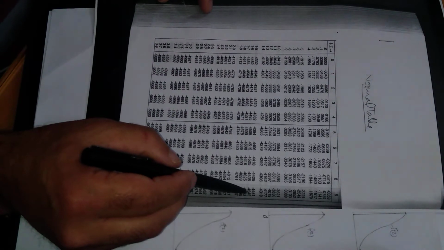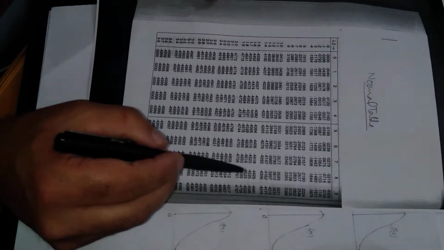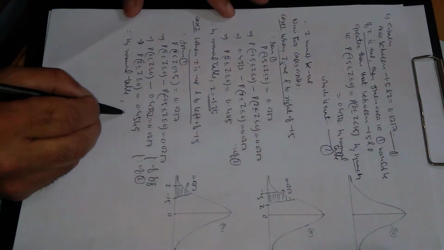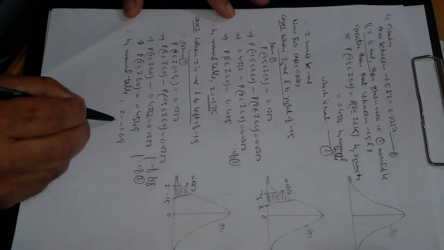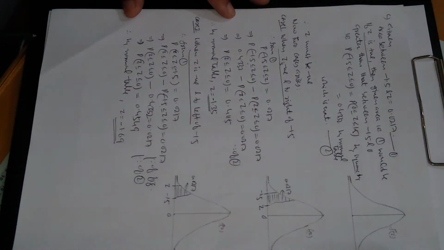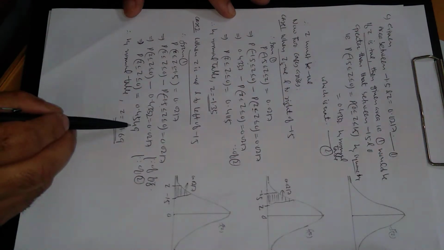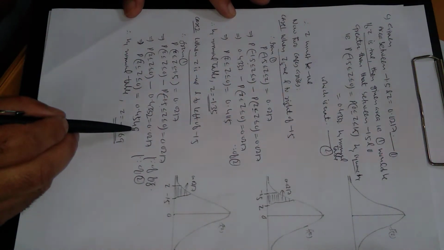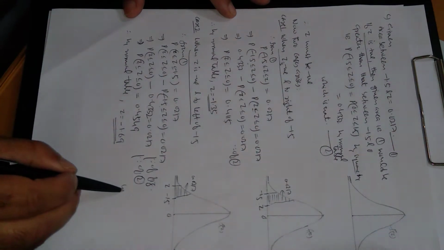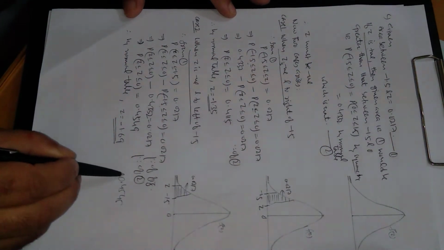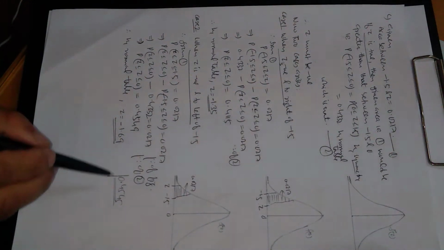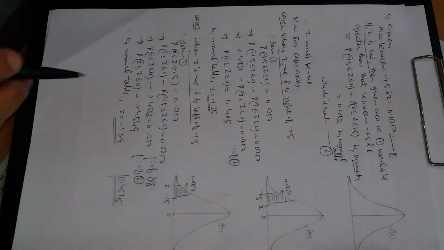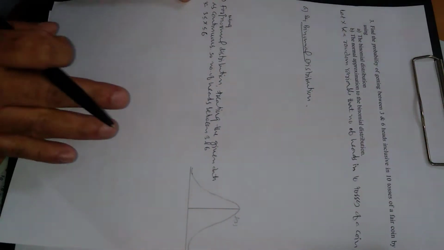So this is through the row 1.6 and below the column 9, 1.69. z is 1.69, but z is negative, so put a negative sign here. This is the value of z in the second case. Because in the normal table exactly 4549 is not there, the nearest value is 4545, and the value of z at that is 1.69. All right, so this is about the second question.